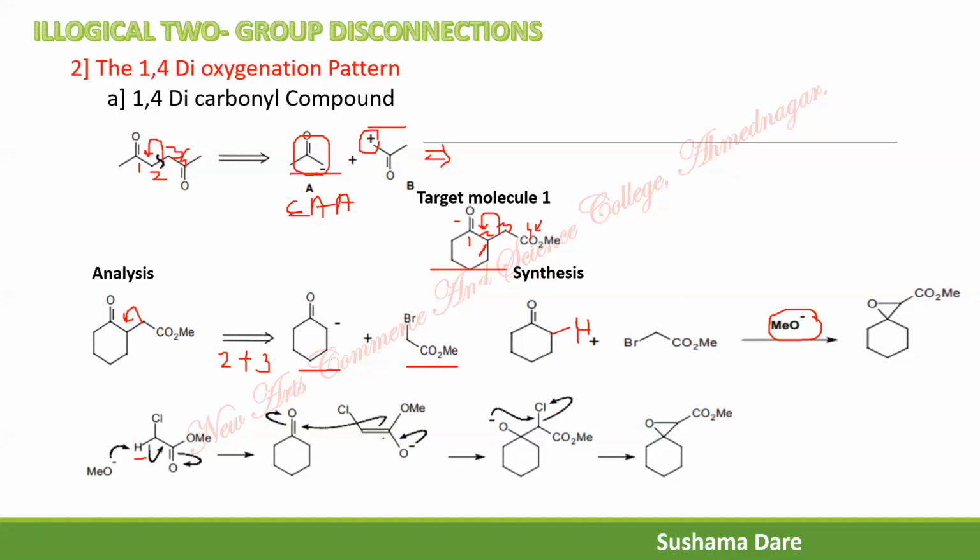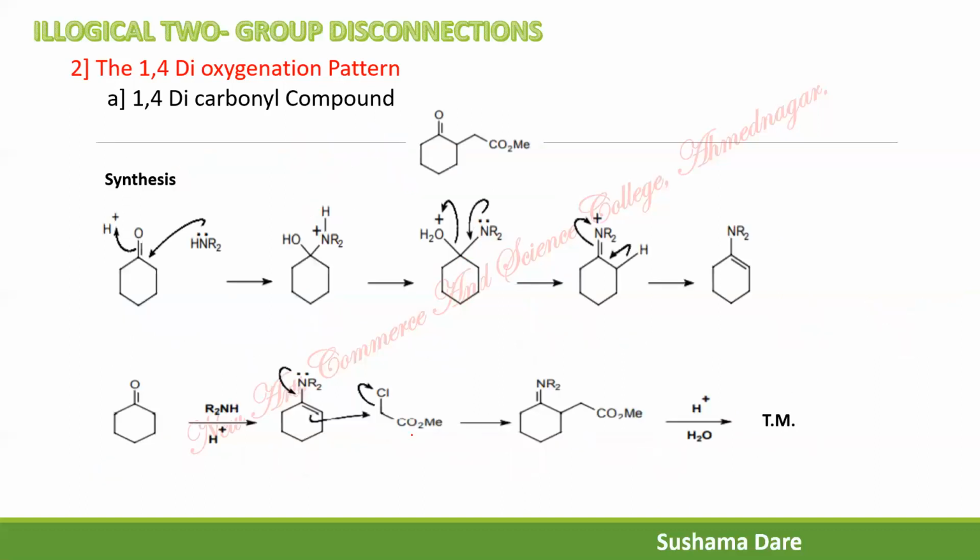Then this acts as a donor. So the carbanion attacks this carbonyl carbon, and then there is a formation of a substituted epoxide. So instead of this, using a direct base catalyzed reaction is not a proper route for this synthesis. Instead of that, the enamine route is the proper route for this synthesis. So what is the enamine reaction? The cyclohexanone is treated with the secondary amine in presence of para-toluene sulfonic acid, and benzene is used as a solvent for this reaction. This is known as the Stork enamine reaction.